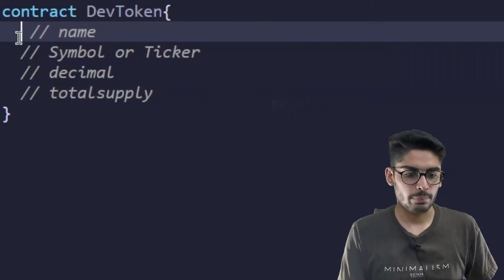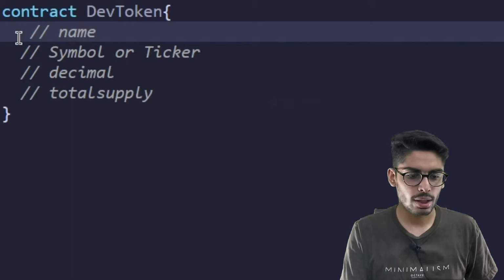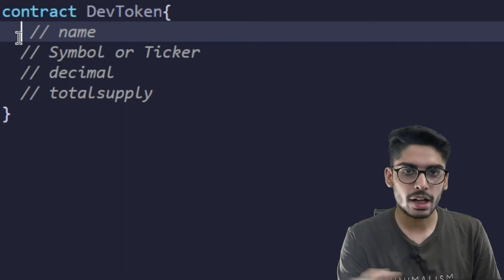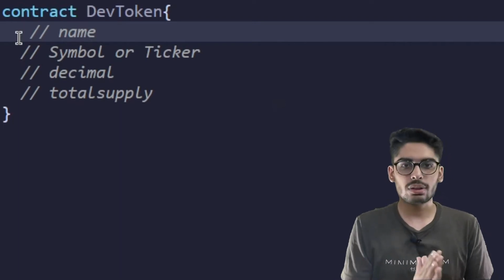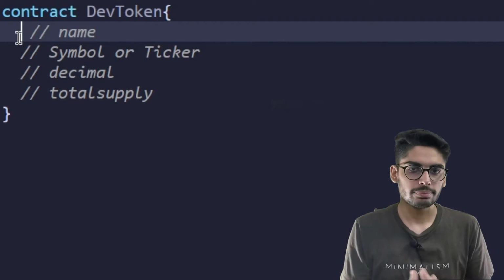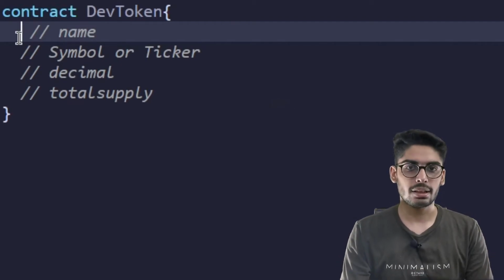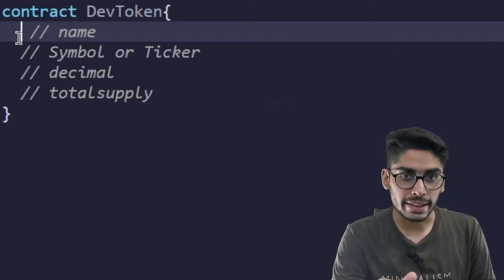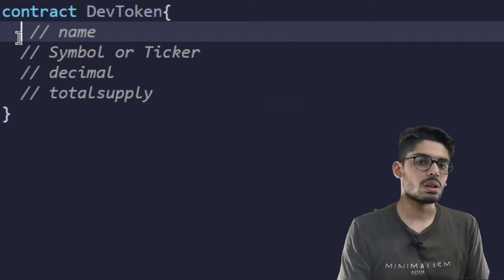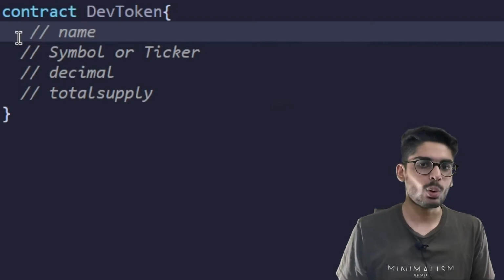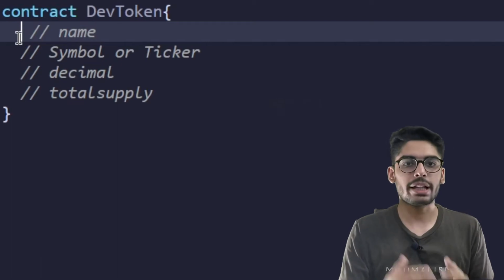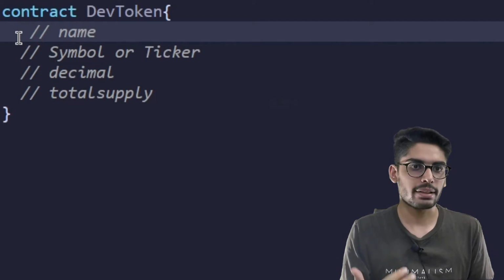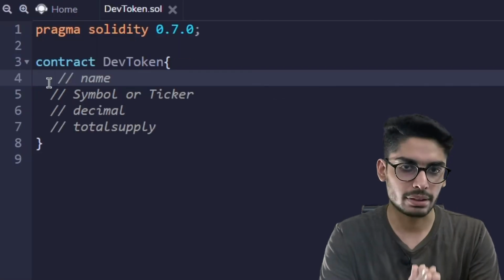In the first step we have to cover these 4 points. We have to give a name to our cryptocurrency, a symbol, and the decimal that we will be using for our cryptocurrency, like $1 equal to 75 rupees. Similarly, cryptocurrency also has a conversion. 1 Ethereum equals 1 into 10 to power 18. So we will also keep our cryptocurrency equivalent to Ethereum decimal so that we can have a conversion later on and we can launch our initial coin offering, with it as a conversion parameter.